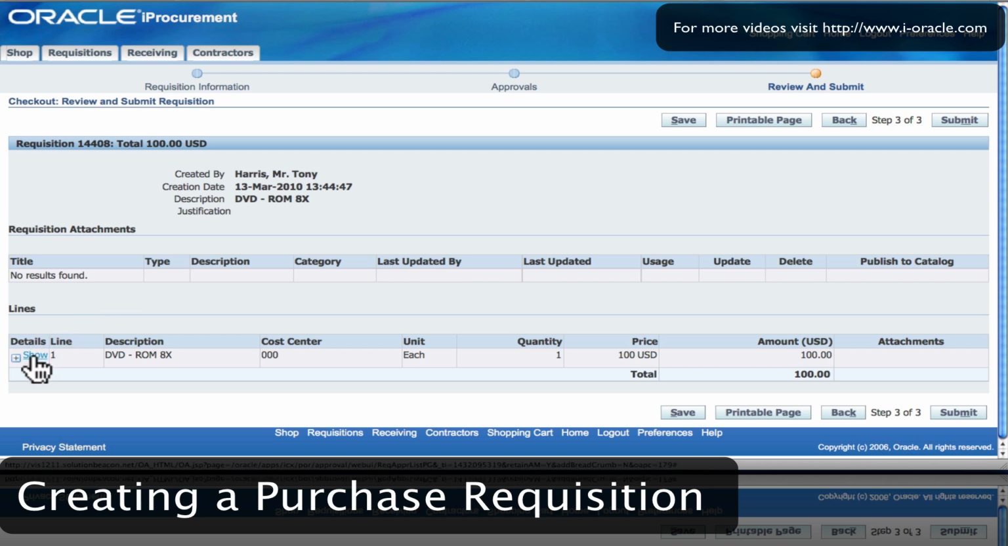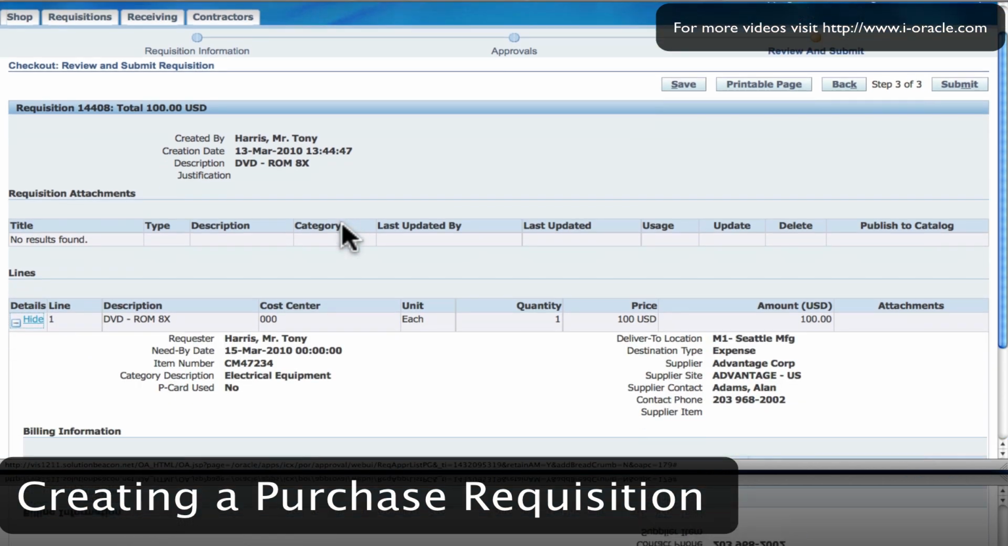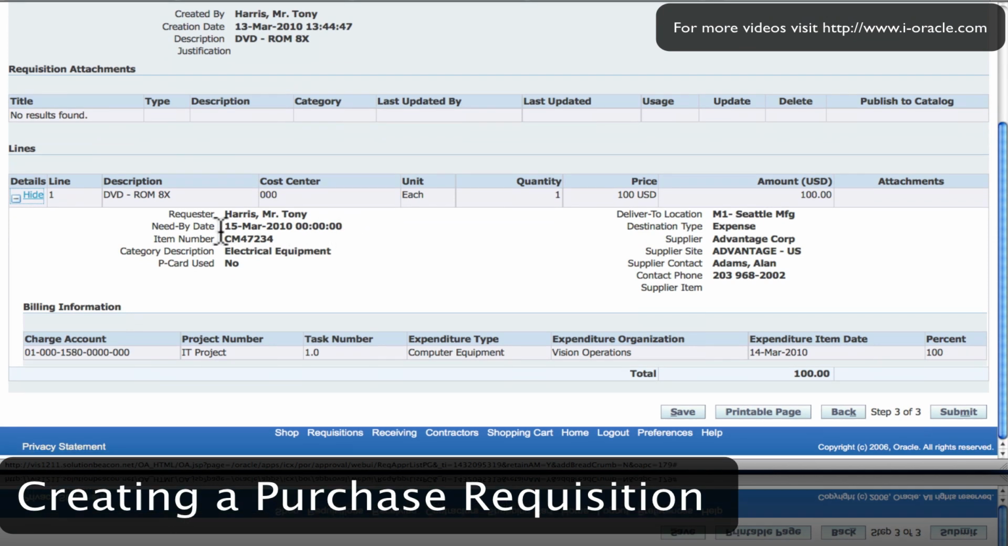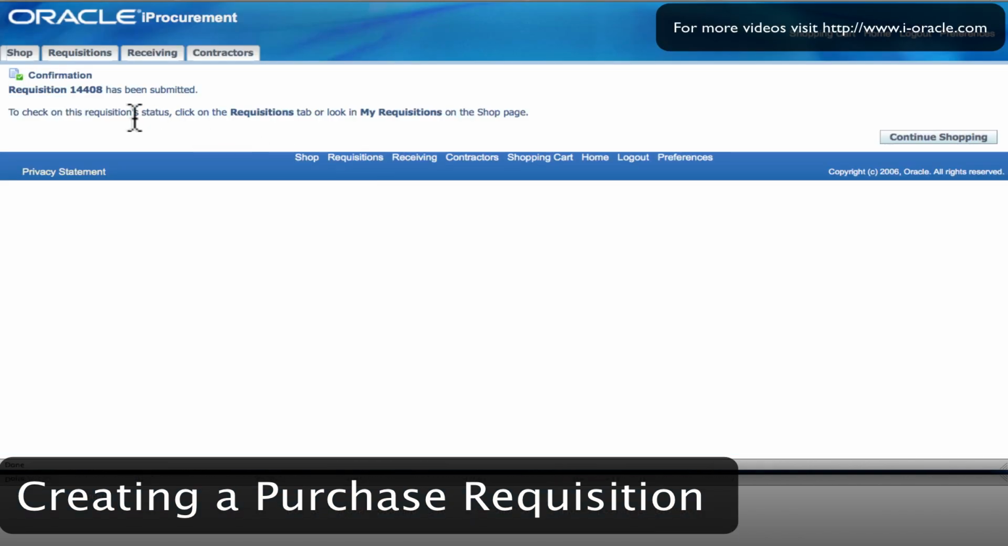I can also look at the details just to see a bit more about the item itself and some of the defaults that have been entered. I have a default charge account which has been created by the account generator based upon the details that I've entered, and you can see that it's been assigned to the project, the task number and the expenditure type. I'll click on the submit button, and that submits my requisition for auto approval,